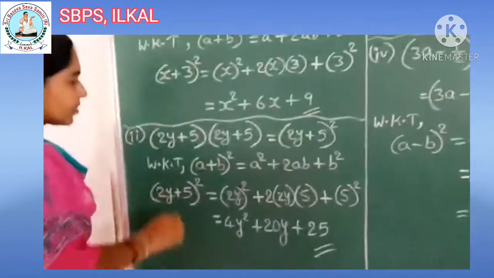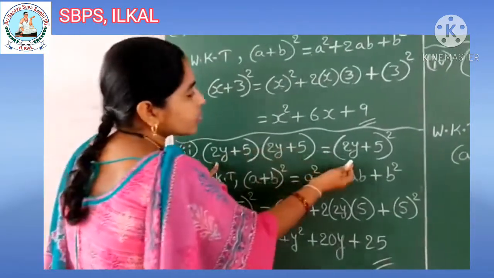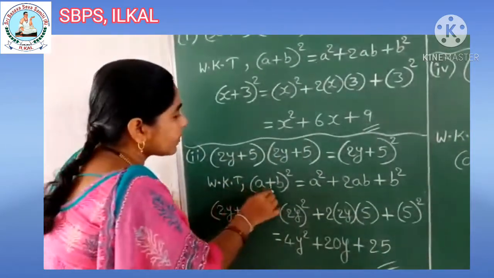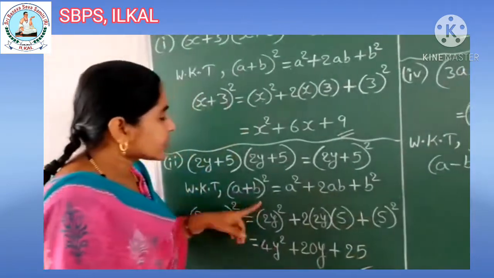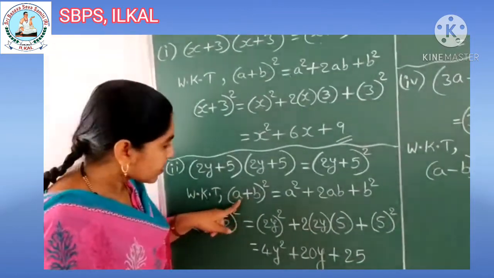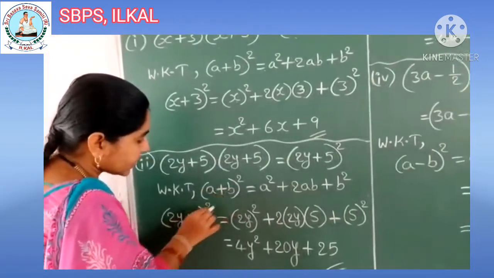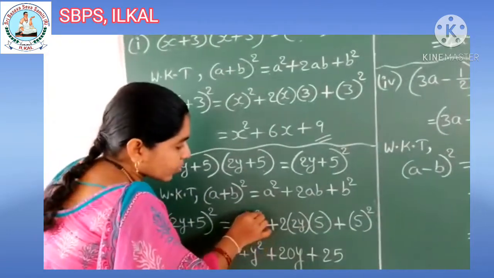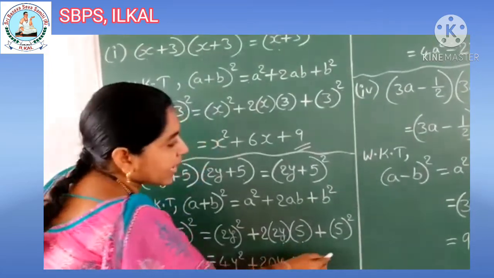Next one. 2y plus 5 into 2y plus 5 again. We can write it as 2y plus 5 whole square because it is 2 times. We know that a plus b whole square is equal to a square plus 2ab plus b square. Every time, first we have to identify the identity which we are going to use in the given question. Here a plus b means, students, 2y plus 5. A means 2y, b means 5. Substitute in the place of a and b. Then 2y whole square plus 2 into a value is 2y, b value is 5, and again b value is